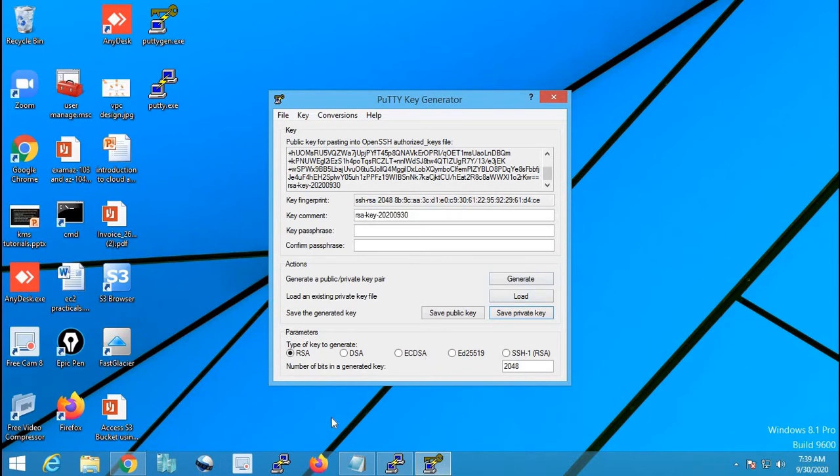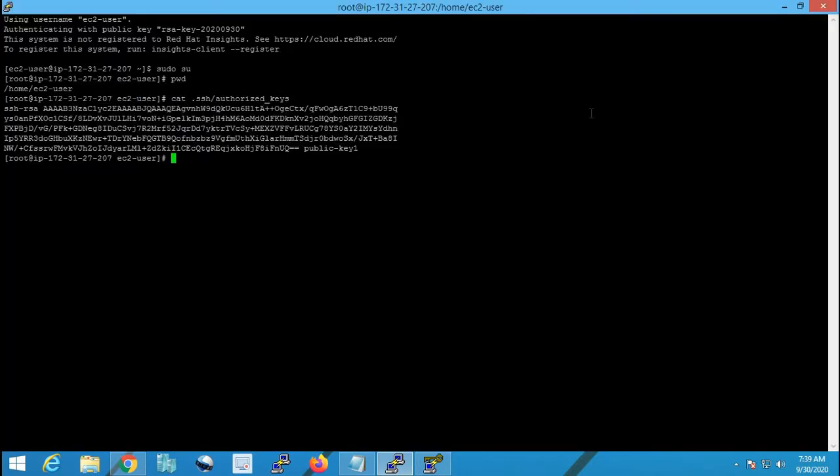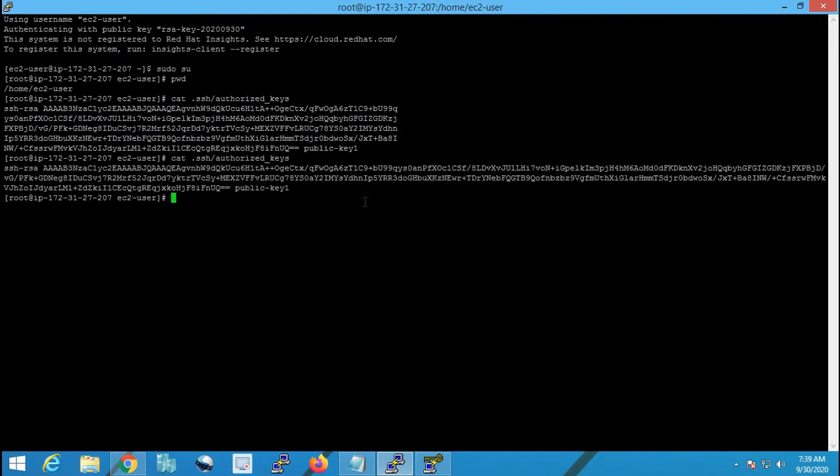That's great. Now let me go to PuTTY, and I'll maximize this. Okay, so let me check the PuTTY. Yeah, public key 1. All right.